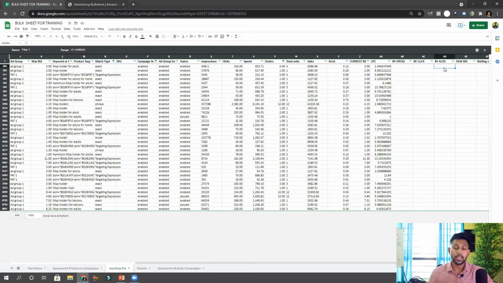As I have said to you, my break-even ACoS for this brand was 30%. So I'm going to take 30% as the break-even ACoS and calculate on that. If your break-even ACoS is lower than that, then you have to obviously use that break-even ACoS here. So I will use this formula, equals to